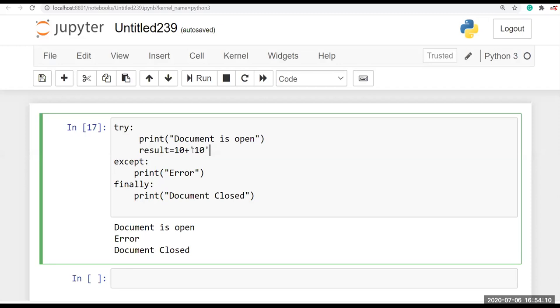While the file is open, we can't edit and save the file in the local system. So finally is used whether the file has an error or not. The finally block automatically runs and closes your document. And this is the sample example for the finally statement.